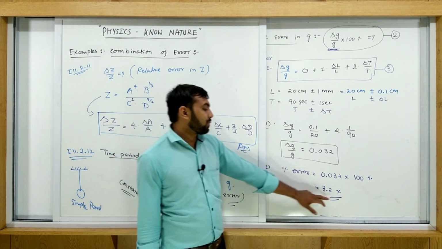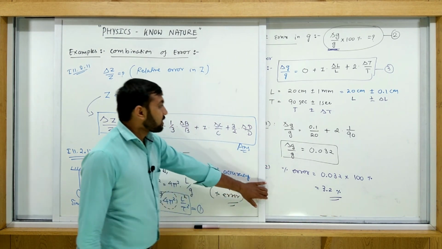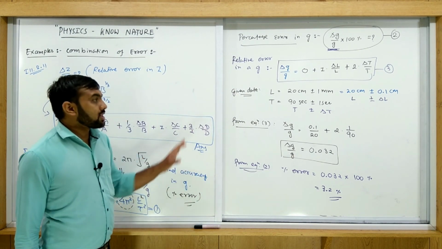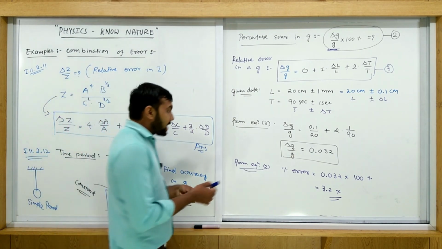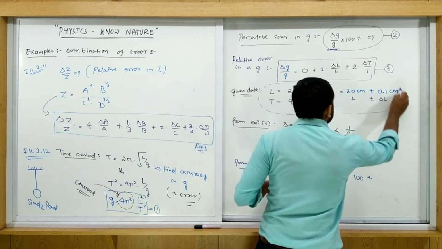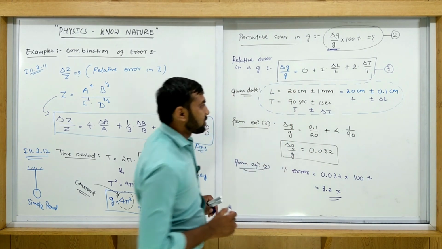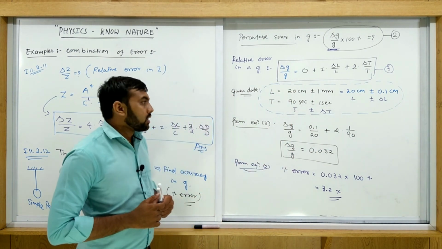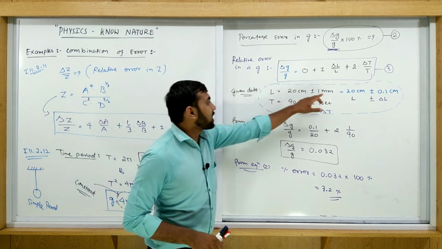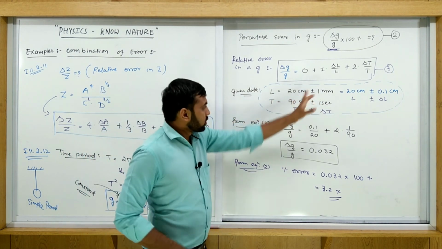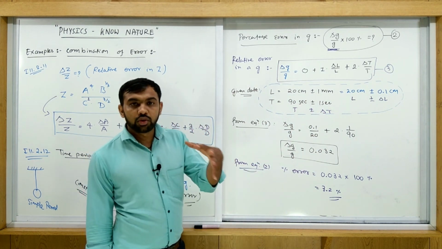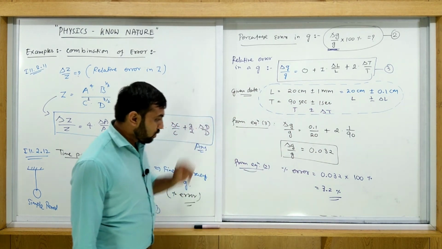3%, exactly 3.2%. Okay, all of you must note this example in your books, and all of you must understand how to write this data, because sometimes this type of example is asked in an examination. At that time this is not directly given to you. So at that time we just write it by reading from the problem statement. Okay, all of you must note it.